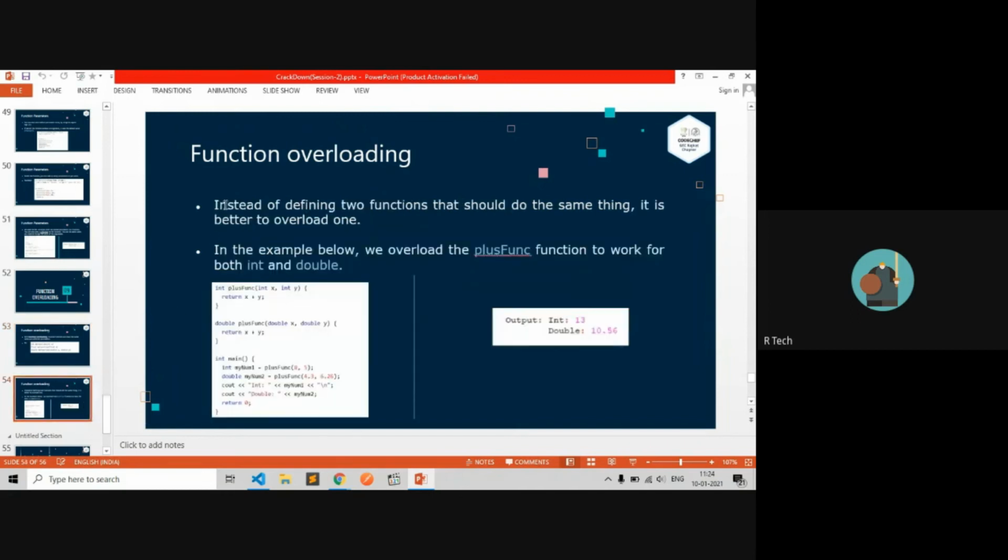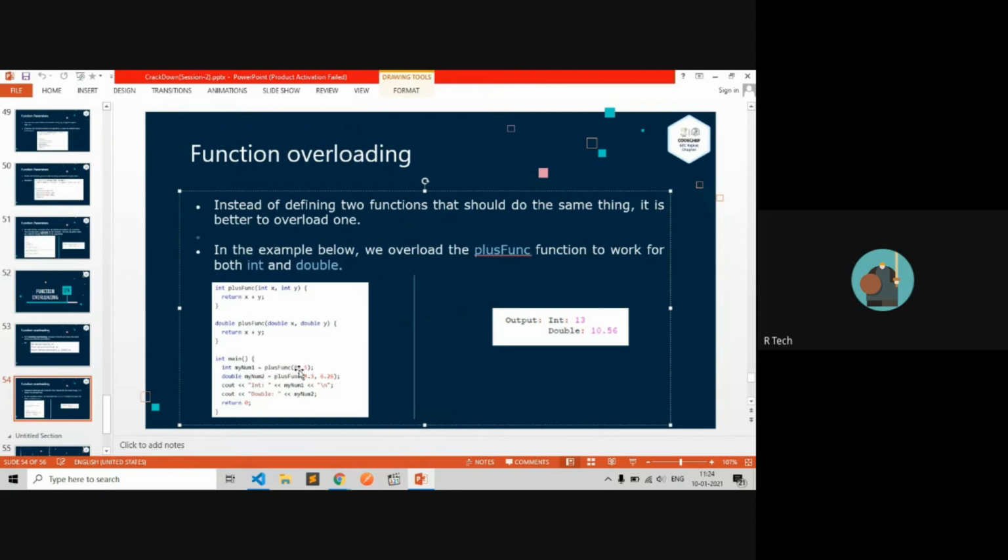Let's take a little bit more. Instead of defining two functions that do the same thing, it is better to overload one. Here is an example: the plus function is used for integers and for doubles, I mean fractional numbers.